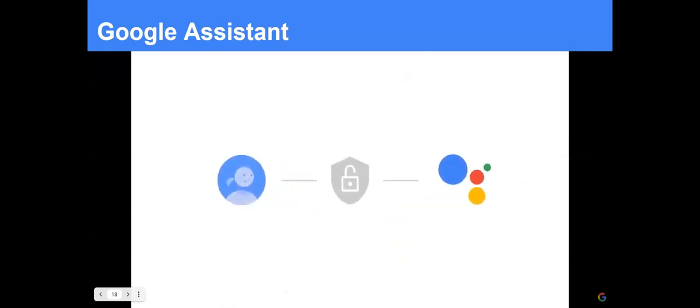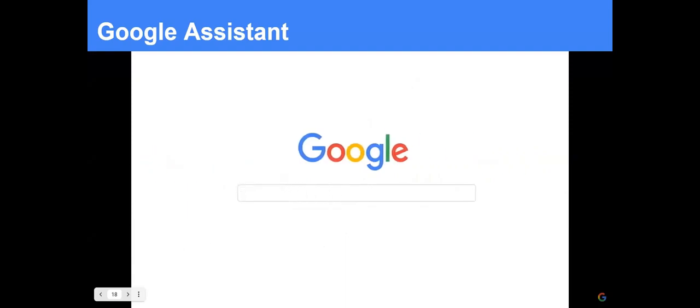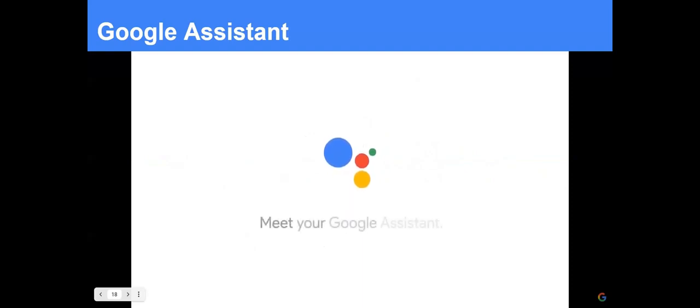Naturally, anything you share with it is safe and secure. And the more you use your Google Assistant, the more useful it becomes. Remember, my byte combo is 326. Got it. And soon, you'll be able to access it from all sorts of places, so it will be everywhere you are. We made this for everyone. And today, we're making this just for you. Hi, how can I help? Meet your Google Assistant.